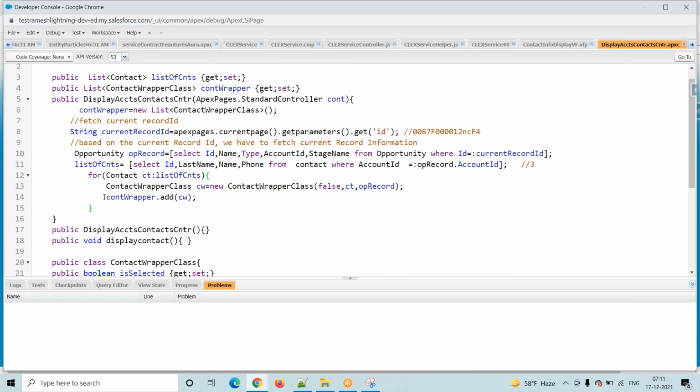When we are adding elements here, generally we have to create an instance. But line number 11, we did not create it, right? That is a SOQL query, that's why we did not create it. See, for example, I will not create anything here. Let's see what will happen. Finally, try to save this one. Generally, this is the best practice.